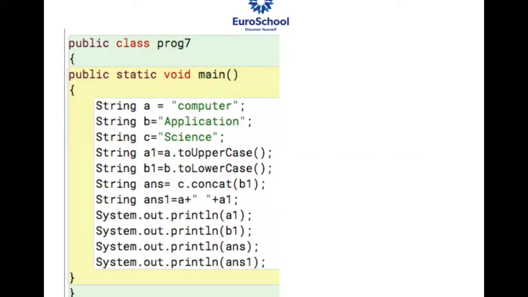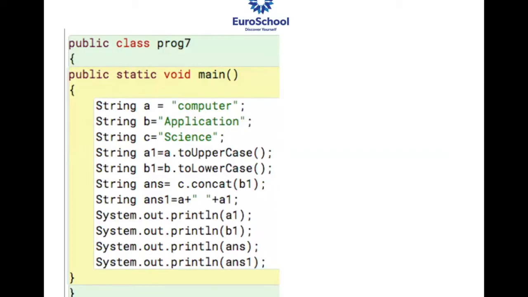Now, I have just given a program over here. String A equals computer, B application, C science. Now, I want you all to, if you want, write it. Fine. Otherwise, we'll start solving it. Now here I'll be asking for each and every name. According to the name, only the person is going to answer. I don't want unnecessarily people to be giving me the answers. Okay. I'm just giving you 1 minute.